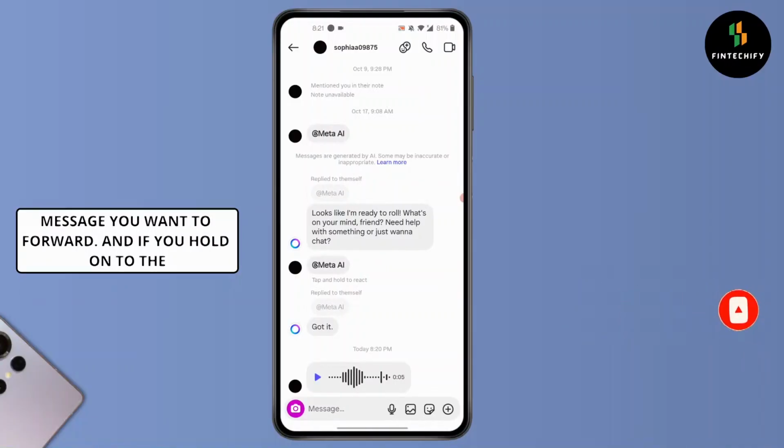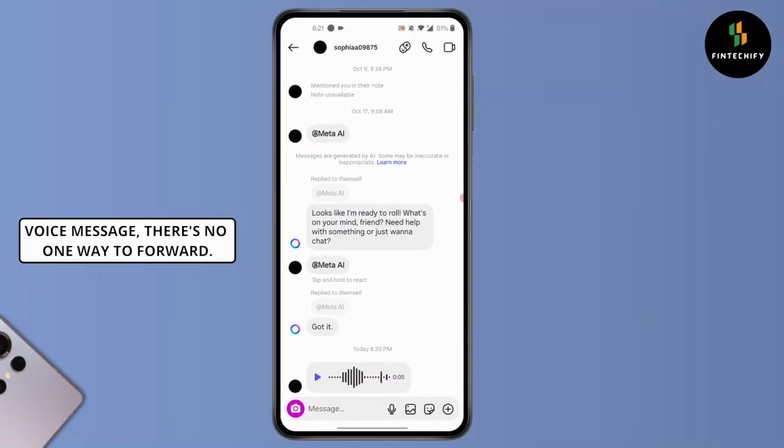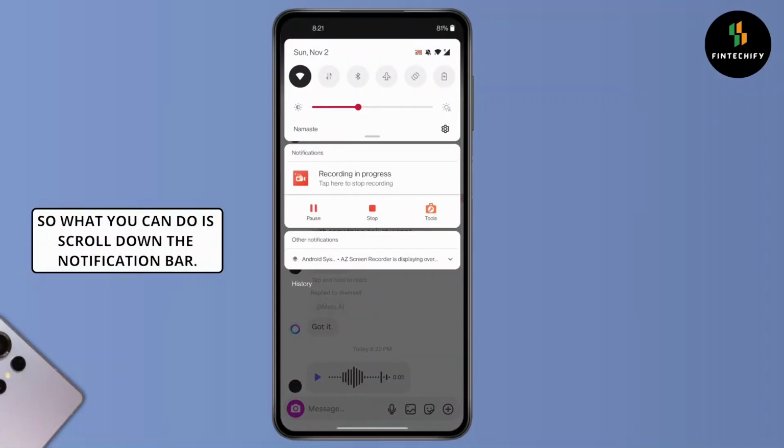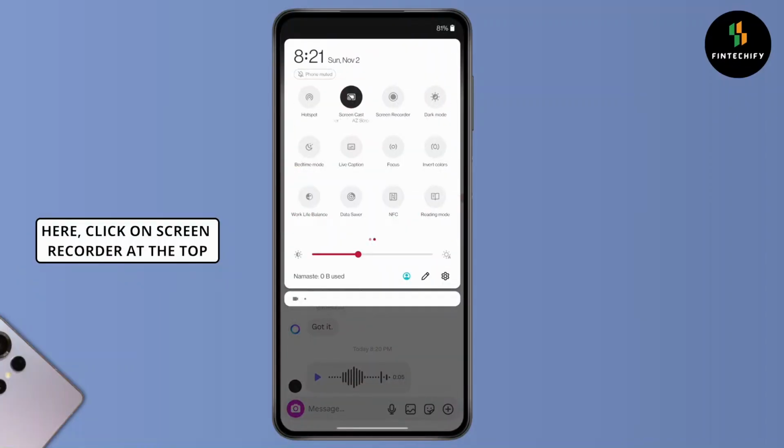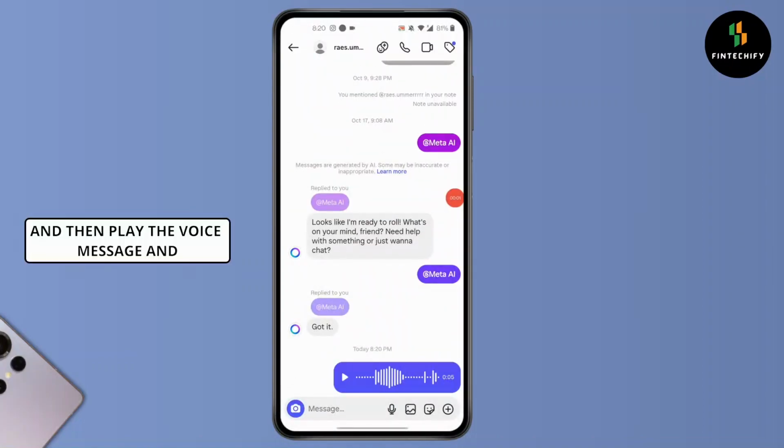And if you hold on to the voice message, there's no direct way to forward it. So what you can do is scroll down the notification bar. Here, click on screen recorder at the top and then play the voice message and record it. After you've recorded it,